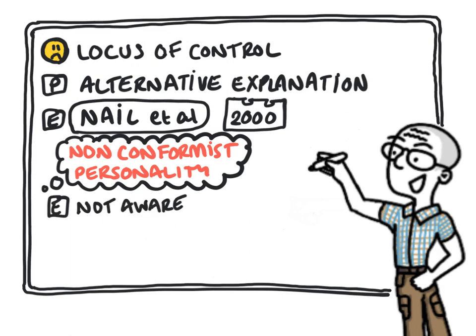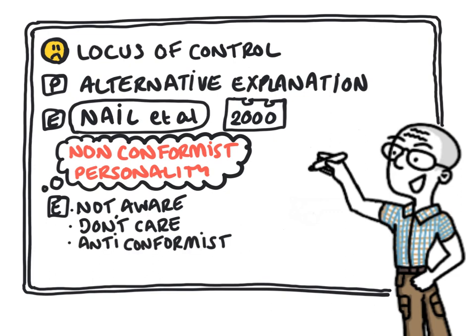Now, this might be because, firstly, they are not aware of the social norms, or secondly, they're indifferent to them, they do know what they are but they don't care, or thirdly, they intentionally choose to oppose them. In other words, they have an anti-conformist orientation. None of this requires us to consider locus of control as an explanation, and therefore implies that locus of control is at least oversimplistic as an explanation of the resistance of social pressure.